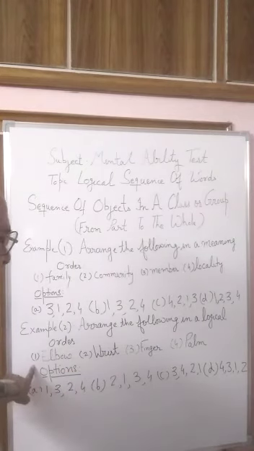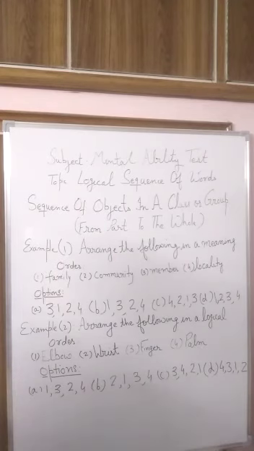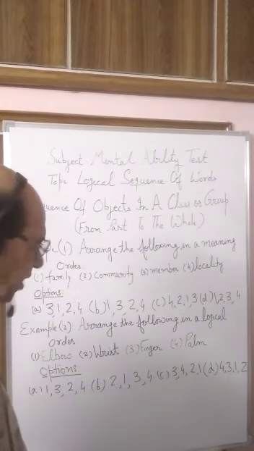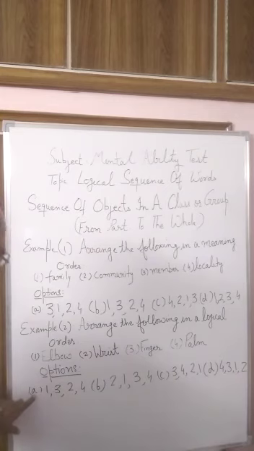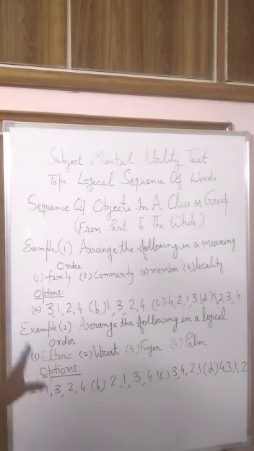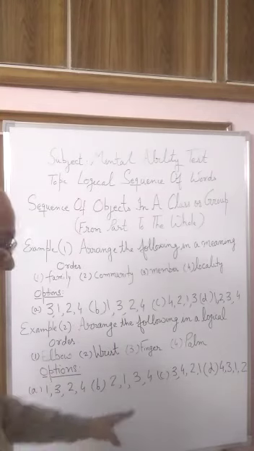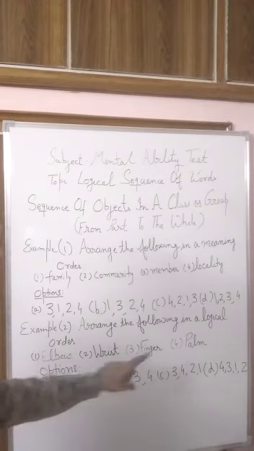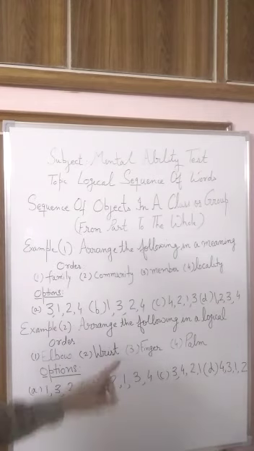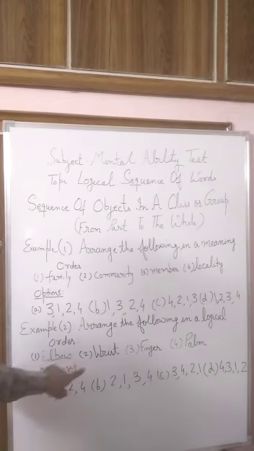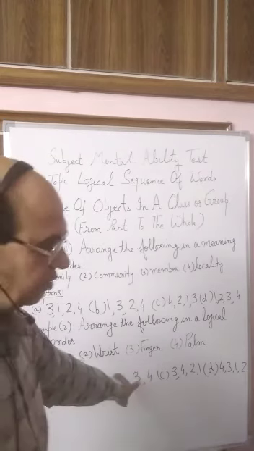And if we see carefully, A, B and D are not fit, because elbow and finger are not connected with each other. So is the case with others. If we look at option C, that is 3, 4, 2, 1: finger is connected with palm, palm is connected with wrist, and wrist is connected with elbow. So C is the correct option.